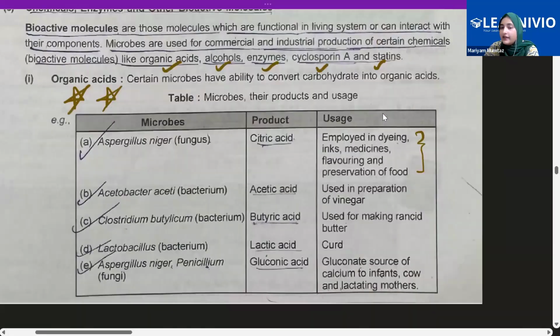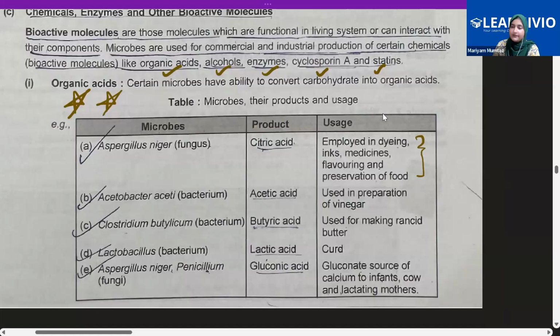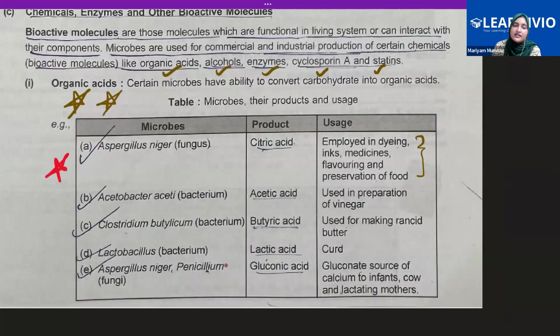This table is very, very important. This is something you people must learn by heart. That is, the microorganisms used, the product they produce, and the use of those products. The first is Aspergillus niger, which is a fungus. So it produces citric acid. Now, citric acid is used in dyeing, inks, medicines, flavoring, and also in the preservation